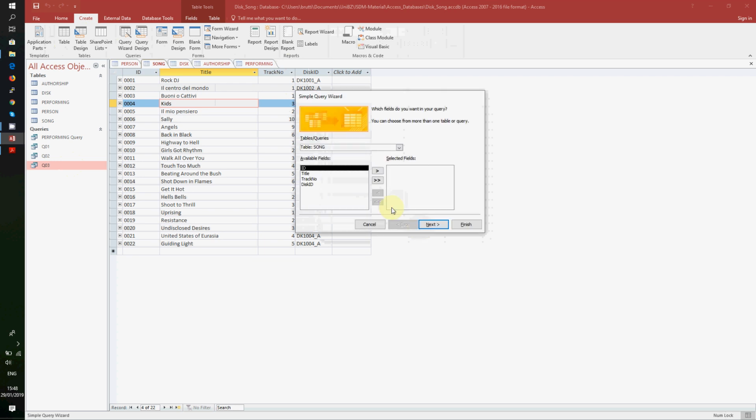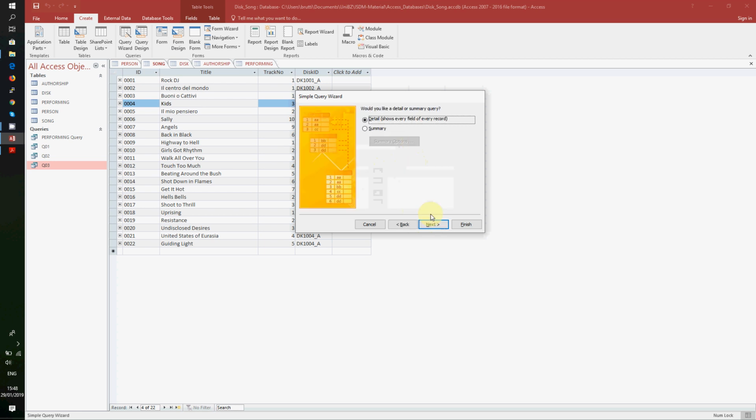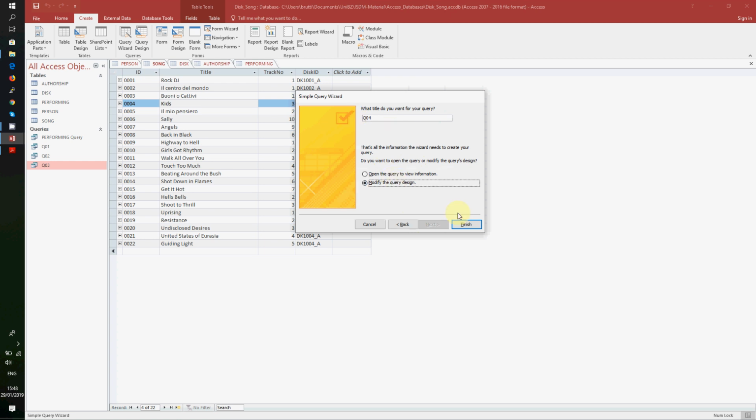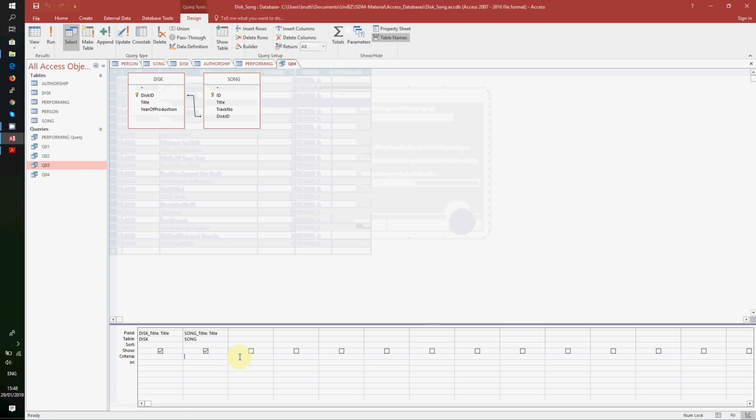Okay, so in principle we need only the disk title here. But then that would not be enough because we need to check also the song titles. Song title. Note that now, since I have the two fields with the same name, title, Access shows also the table name here, while in the previous case I only had the field name. Next, Q04, modify, finish. And so here in the field criteria,